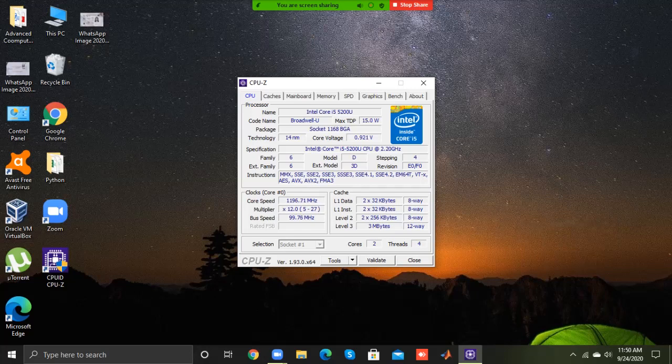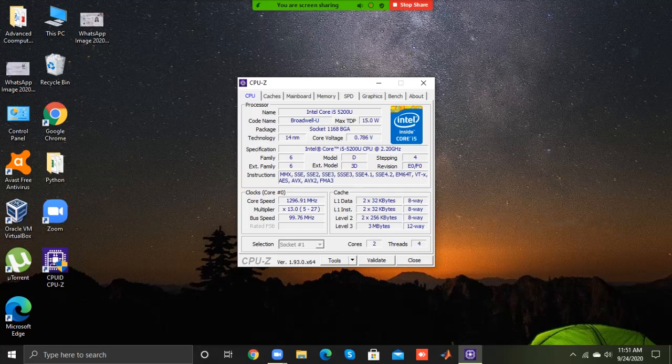In this case, it is 14 nanometer. This means the processor uses 14 nm processor technology. 1 nanometer is equal to 1 billionth of a meter. Core voltage is the power supply voltage supplied to the CPU.